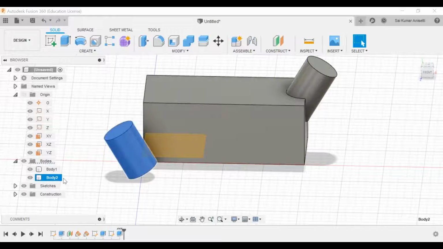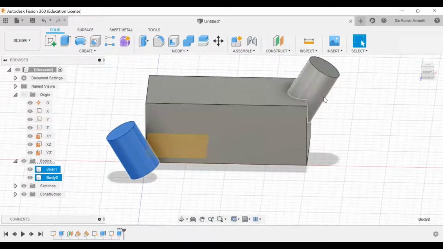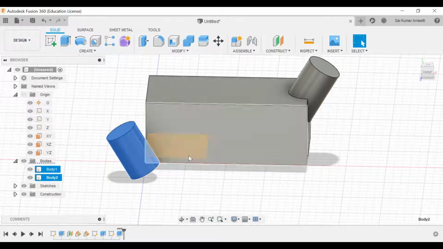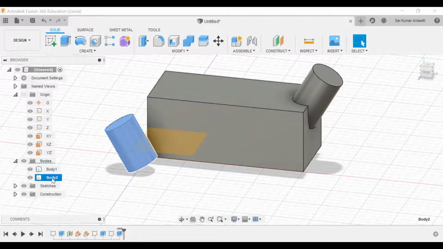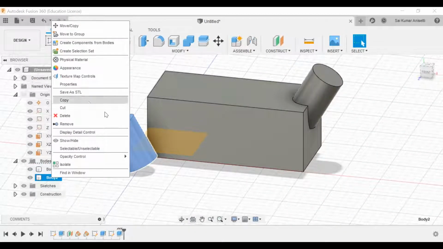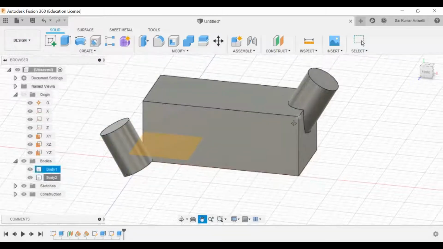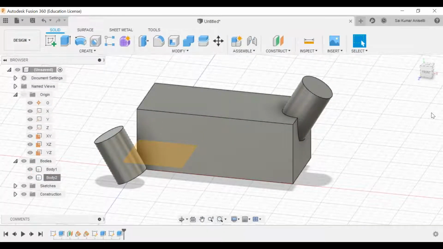Now it has taken this as body number 1 and body number 2. So there are different types of bodies. You can add these two bodies, or else by default, in this step I have used the Boolean operations method. In this operation I have taken two separate bodies actually. Okay, so that is how it works. Let me make sure it is okay.